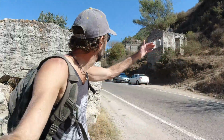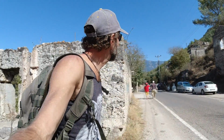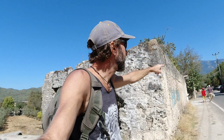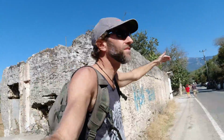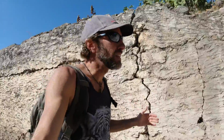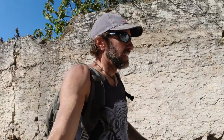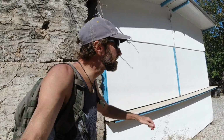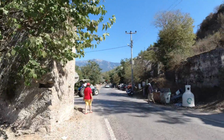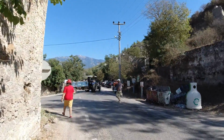As you can see, the abandoned buildings are scattered all throughout here. I think maybe down here is kind of the main valley going up. There's a spectacular church. As I mentioned, I was here before in 2009 when I spent 3 weeks traveling all around Turkey. That was 11 years ago, and my memory is rather